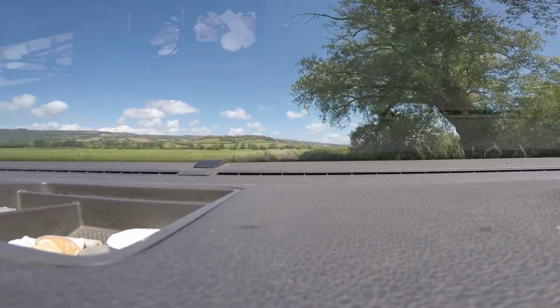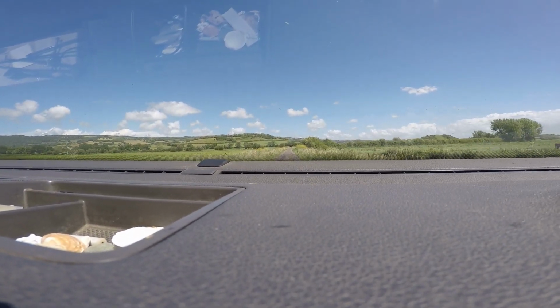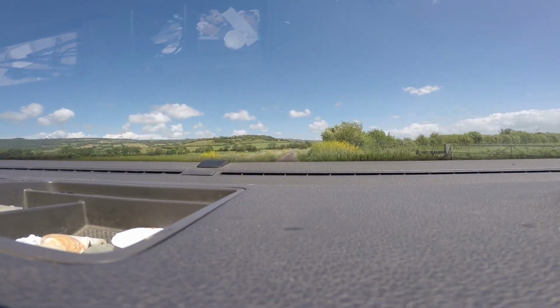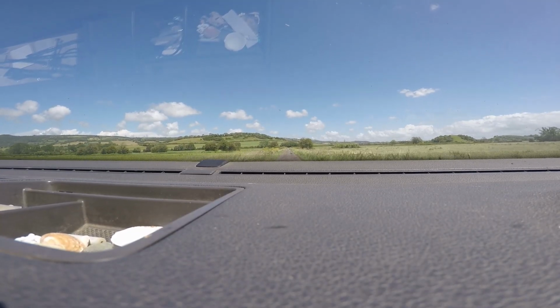Show you this. This is an adopted highway, but it dead ends. So I've been down to the dead end. I had a look at the map. I turned round. I know where I'm going now. But I thought you might like this because this is the road